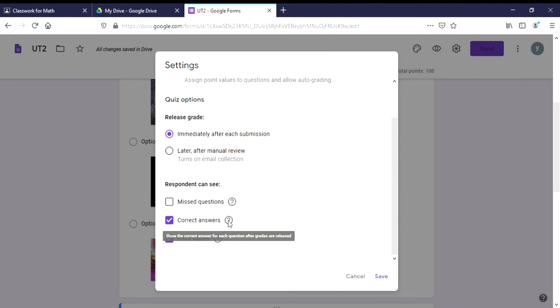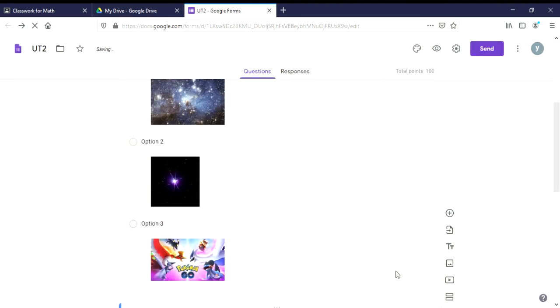So it's up to you if you want to tick it or not. And then the point value is that the students will be able to see the point value for each number. And then you just have to save it after you are done.